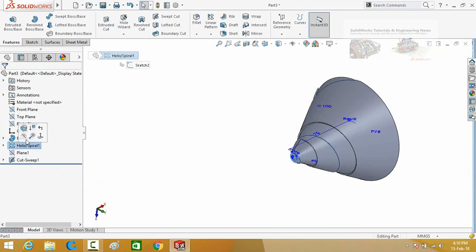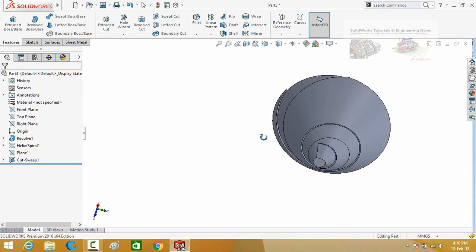Now click on this helix and then hide it. Now change the color of the thread.